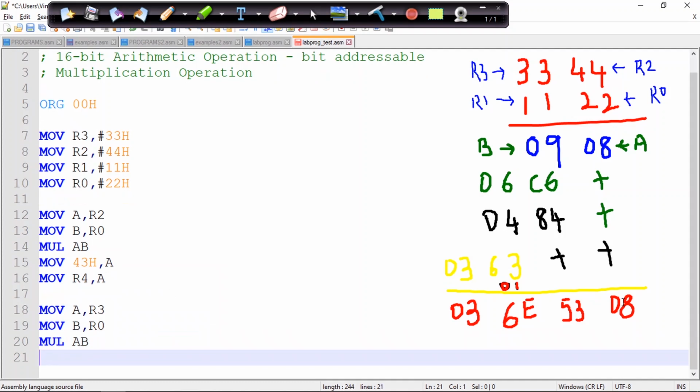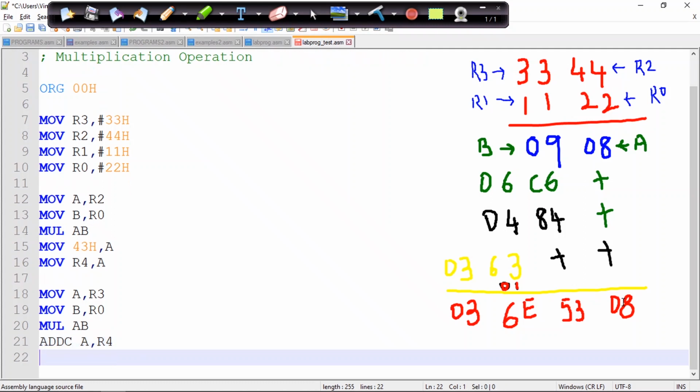The result we are going to get is 06 C6, but this C6 needs to be added with my 09, which we have stored in R4. So I'll do add with carry, A comma R4. So now C6 and 09 are added up.